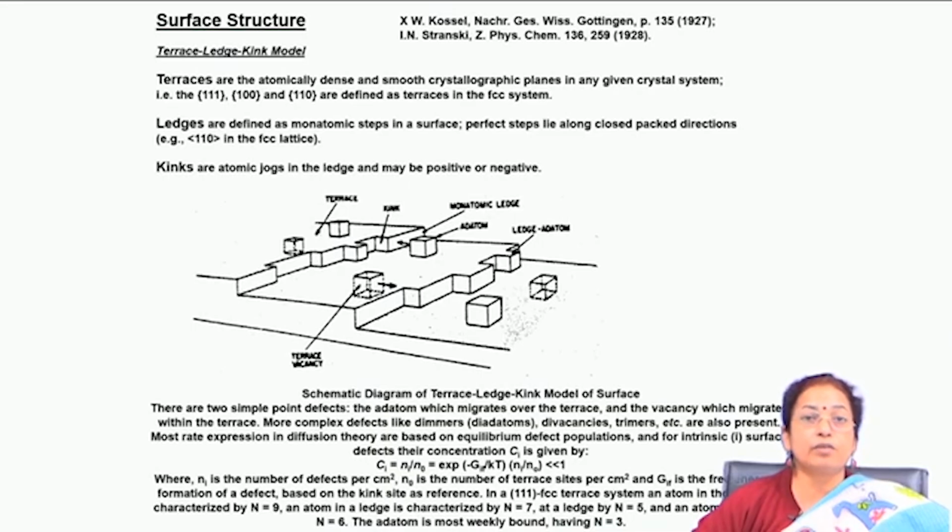So, all these phenomena you will observe on the surface if you look under ultra high vacuum. This is the typical terrace-ledge-kink model, which was established by three scientists, and you will find that in the surface, if you see the atomic arrangement, the atoms are really very much free to move. Not only are the surface energies higher, but on the surface there are also many free atoms and many free vacancies, and creating vacancies needs much lower energy than creating vacancies inside the bulk